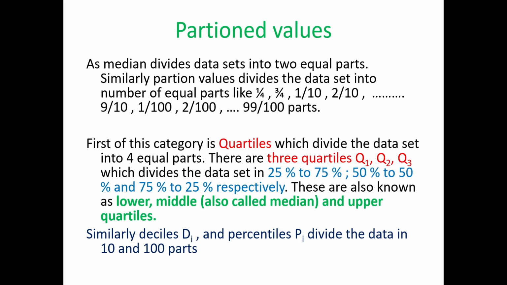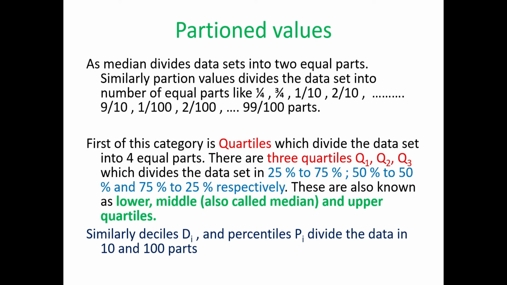Similarly, we can divide into 10 equal parts, known as deciles. D1 is 10%, and the rest is 90%. D2 is 20% and up to 80%. Like this, we can go on dividing. And similarly, percentiles divide the whole data into 100 equal parts. So wherever we are going to use it, we can use the different divisions for different purposes, and that is why we require them.